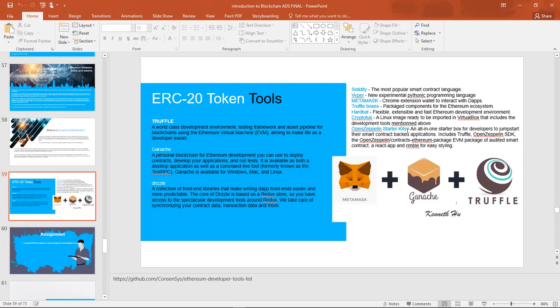OpenZeppelin starter kit. This is the library that I shared the link with you in our previous class. These are all-in-one starter boxes for developers to use when they are creating smart contracts.